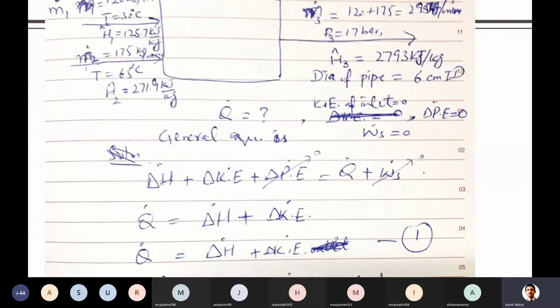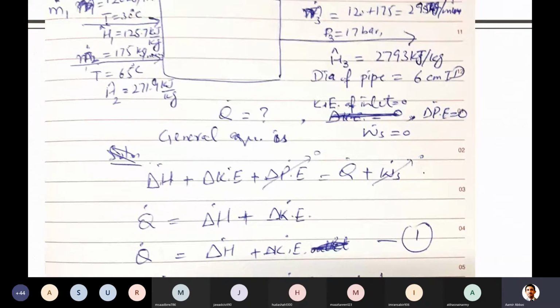He didn't provide the velocity, but at the same time he didn't mention that you have to ignore it. We can find it, because he has provided the velocity indirectly, since he provided us the diameter of the pipe. That is an indication that you can calculate the velocity at the output stream. For inlet streams he didn't mention anything like this, so we should have some information to calculate the kinetic energy. In the question statement he mentioned to ignore the kinetic energy of inlet streams, but nothing is mentioned about ignoring the kinetic energy of output streams.